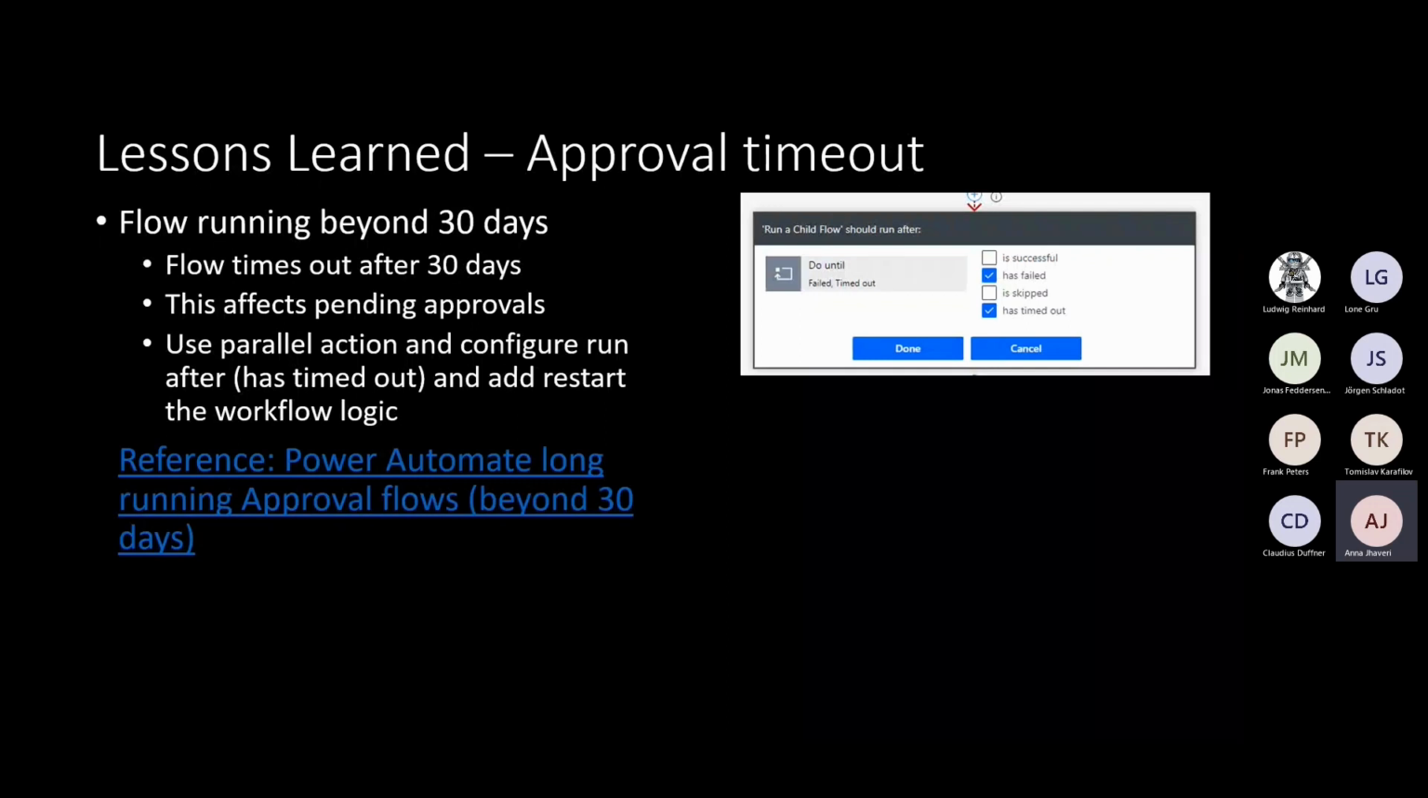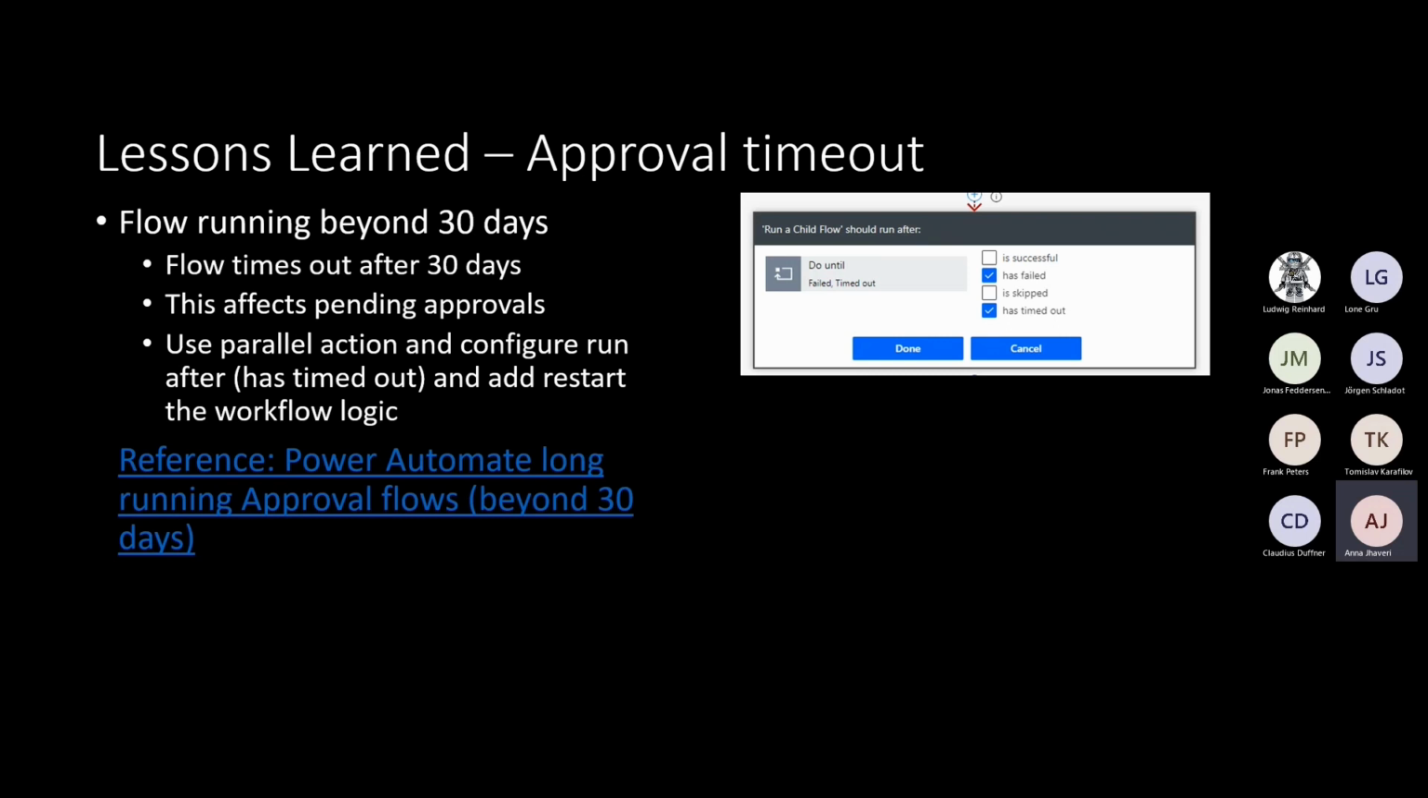For each of the actions in Power Automate, there is a run after option, and in the run after option, you can select that when the flow times out, it should store the state of your approval so that whenever the flow restarts, it knows where it needs to go